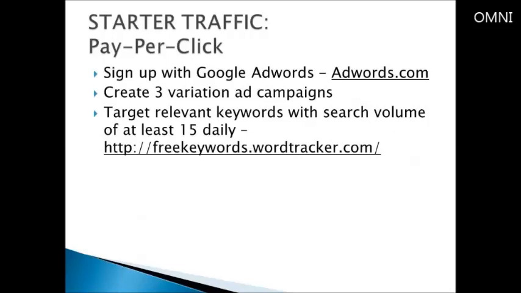Starter traffic, pay-per-click. Sign up with Google AdWords, adwords.com. Create 3 variation ad campaigns. Target relevant keywords with search volume of at least 15 daily. freekeywords.wordtracker.com. The first traffic generation method that you can pull off right away is a popular choice among marketers